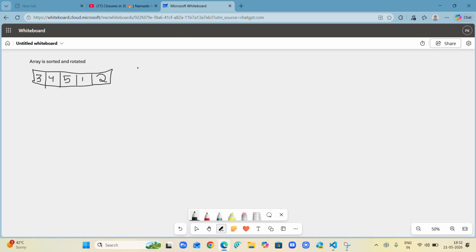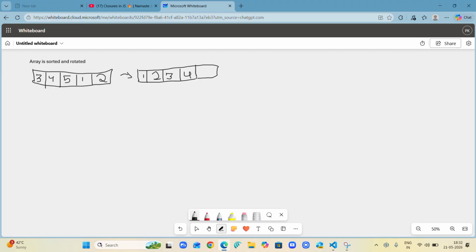Now it could be clearly visible that this 3, 4, 5, 1, 2 somewhere or other seems like 1, 2, 3, 4 and 5.